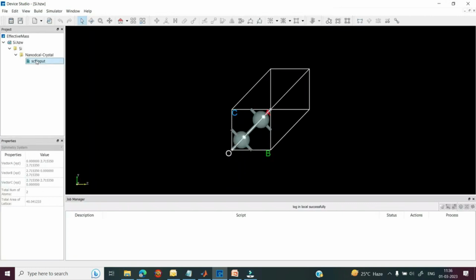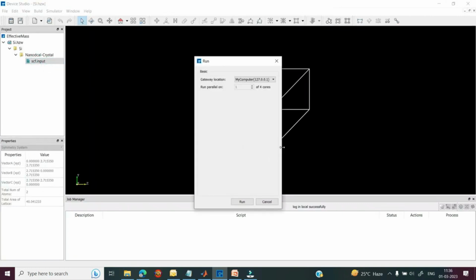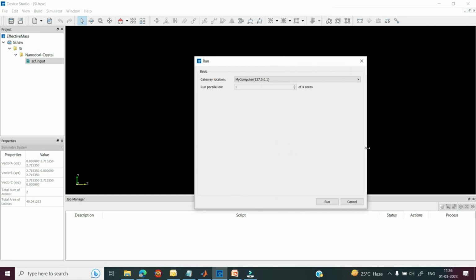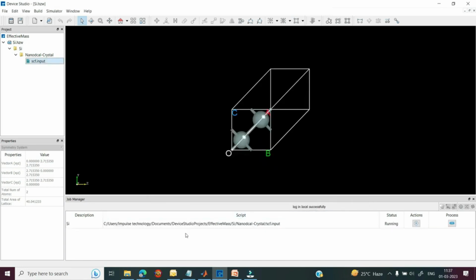So then you can select this SCF input, right click, run option to run this job. Here you can see, suppose if you want to run this job in parallel, suppose 5 core, 10 core, 15 core. So there is no limitation of core, you can define up to 128 core. Then you can click on this run option to run this job. In the bottom of the page you can see this is the job manager where the SCF input is in the running condition, and in the meantime you can go to the simulator, select this NanoDCAL,